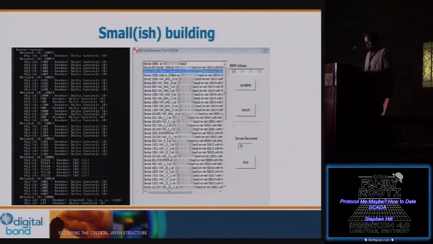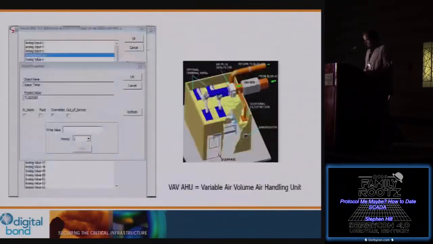The interesting information is, as you could see before, there wasn't anything overly descriptive, but once you join the device and start pulling down its objects, you can see that it's called Liberty Tower, Liberty Chiller, VAVHU, 15, 10, 3. It goes up to 17. It's a 17-story building. And those are most of its VAV. So then you can pull information, like over on the left, you can pull what temperature it is in the building currently at this one.